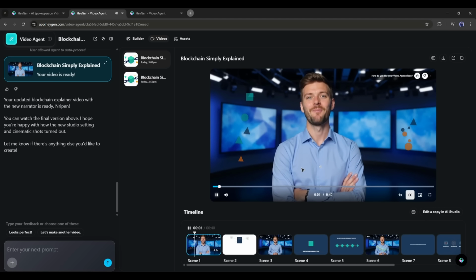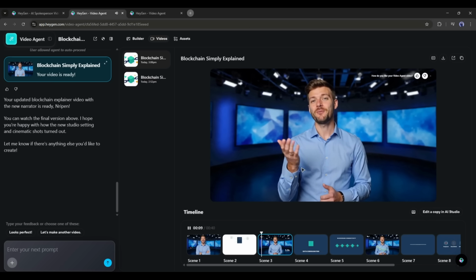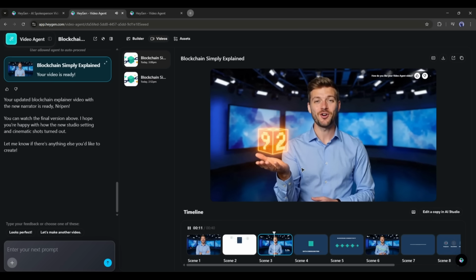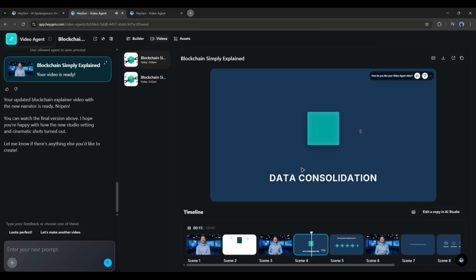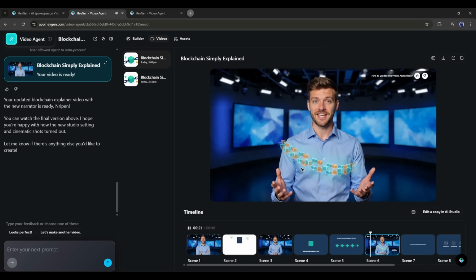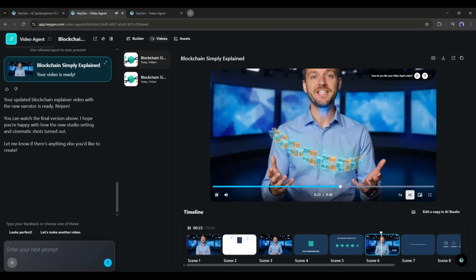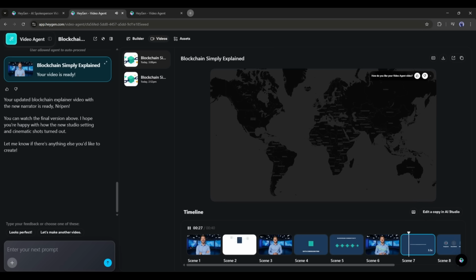Hi, ever wondered what blockchain actually is? It's simpler than you think. Imagine a shared digital notebook that everyone can see, but no one can erase. Think of a block as just a single page in that notebook, and it's completely filled with data. When a transaction happens, it's written onto a new page. Each new page is linked to the previous one, forming a secure chain. Because they're linked, changing one block would mean changing them all. That's what makes it secure. And since